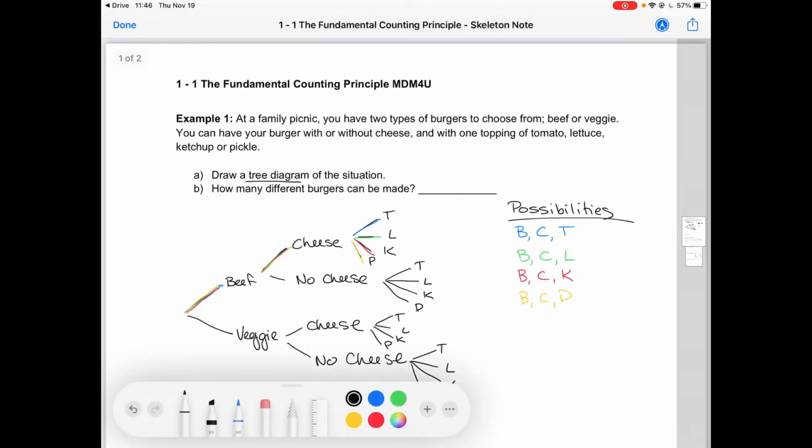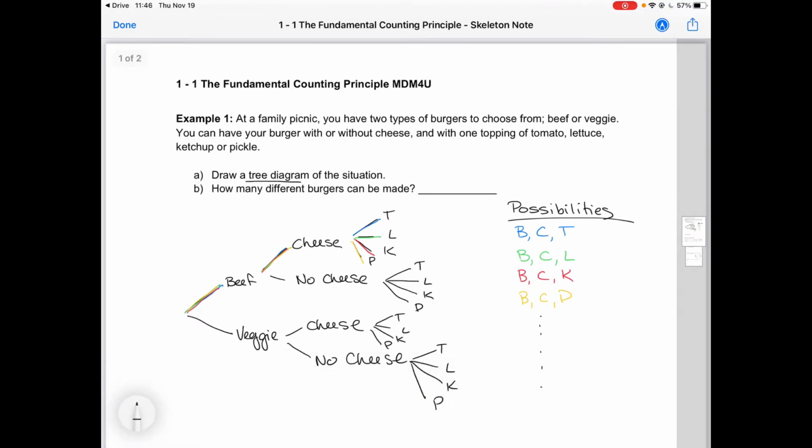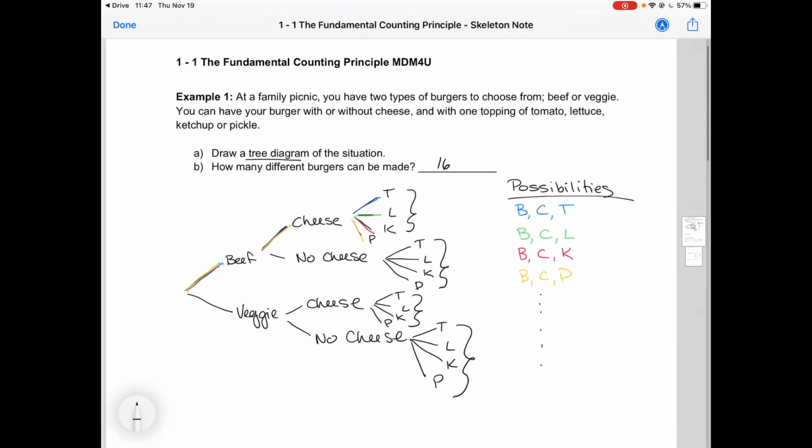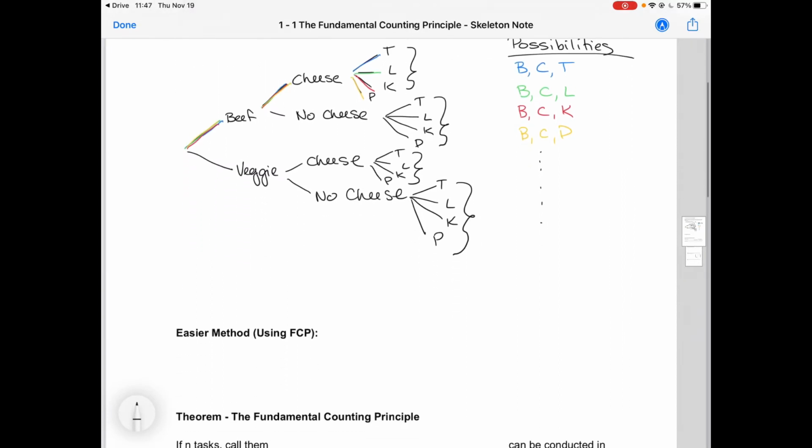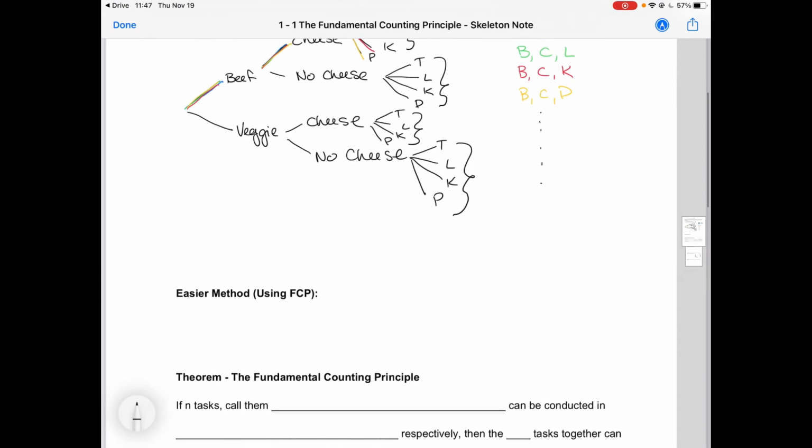Now I could go all the way through. This would keep going. But in total, I'm going to have 16 different burgers. So 4, 8, 12, 16, just from counting all those branches in the tree diagram. So as you can see, this would get a lot more complicated if we have more options and more possibilities for each option. So we can actually use what's called the fundamental counting principle, where we can just multiply the